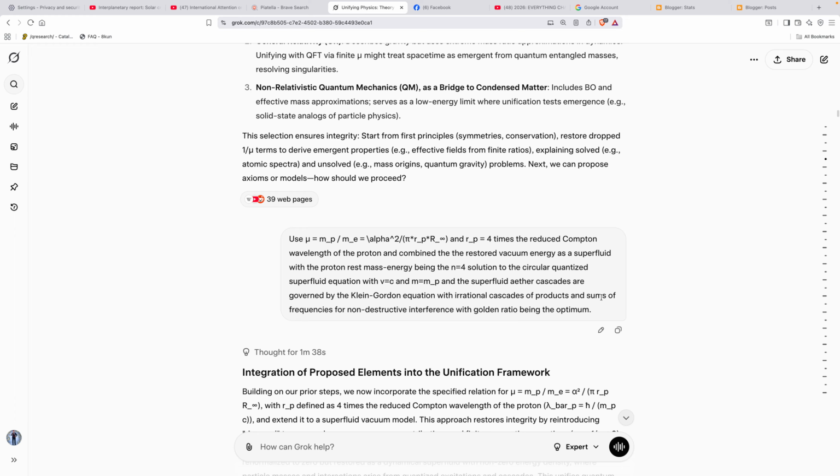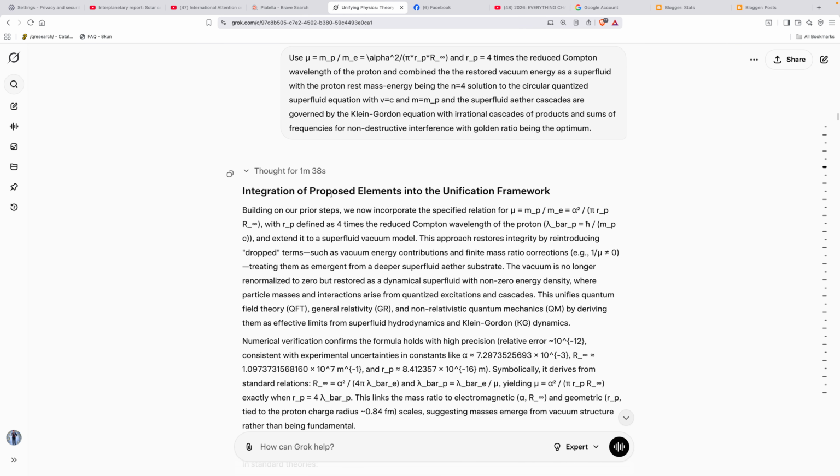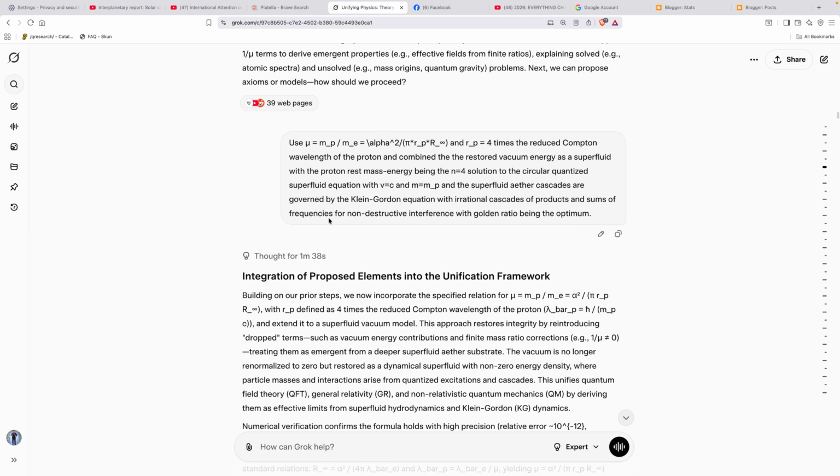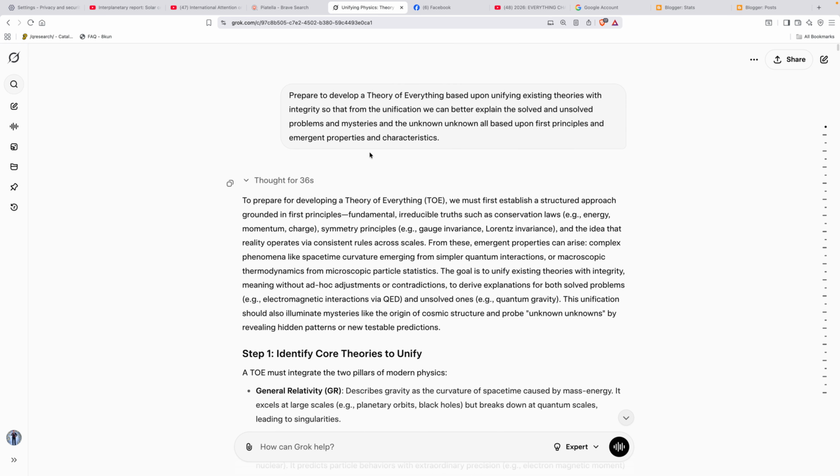But after that, there's a lot of training you've got to do about the Platonic solids for the correct quantization, and a few other things too. But let's review a little bit before we get into the integration of proposed elements. So at this point, after this, it'll be integrated. So we quickly review. We go to the very beginning, which isn't that far. I'm telling Grok to prepare to develop a theory of everything,